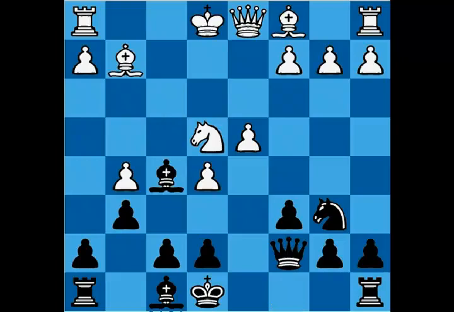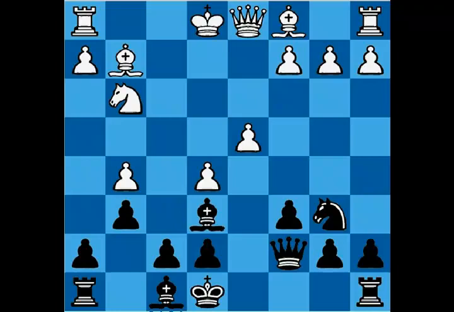Bishop f5. Notice that we prepare alongside castle. And now the main move is queen to e2. If white goes knight g3, after bishop e6, we think black is better here, because with potential castle, white has very difficult time to complete